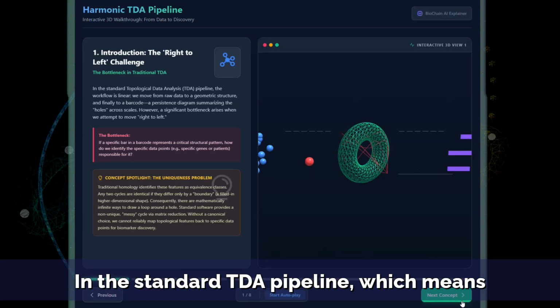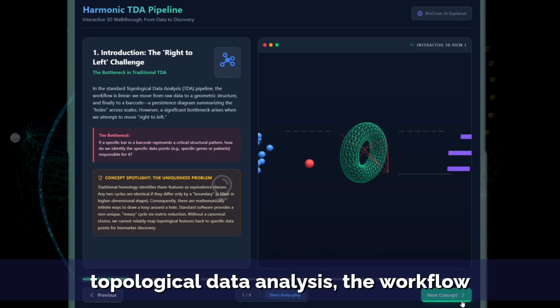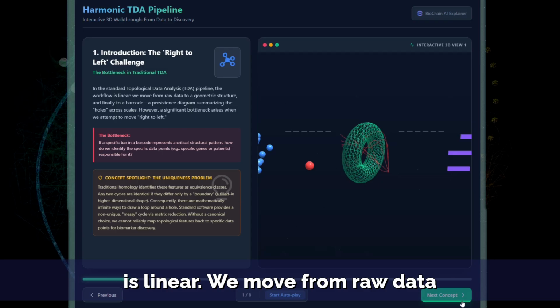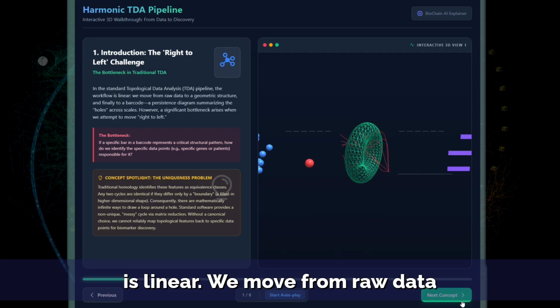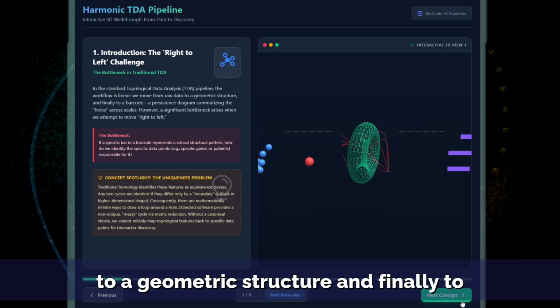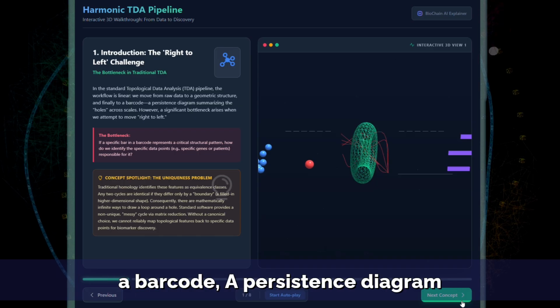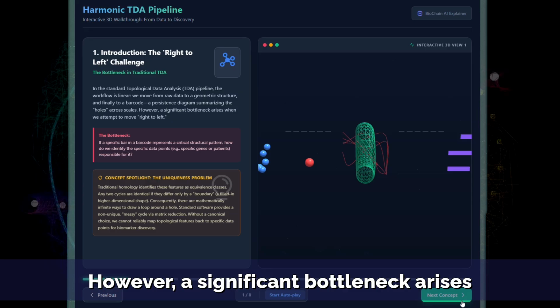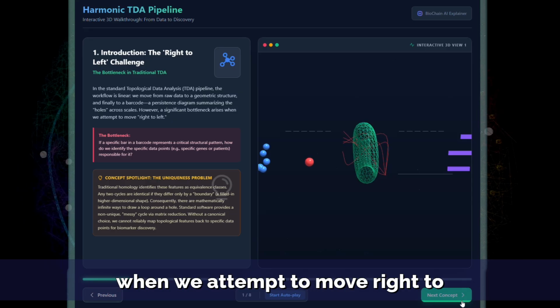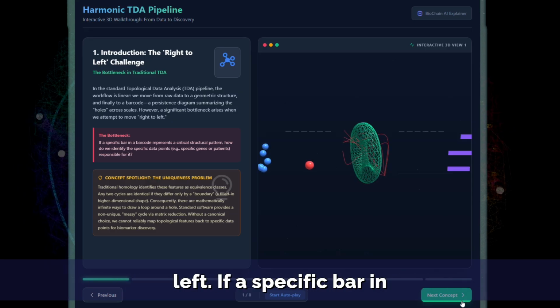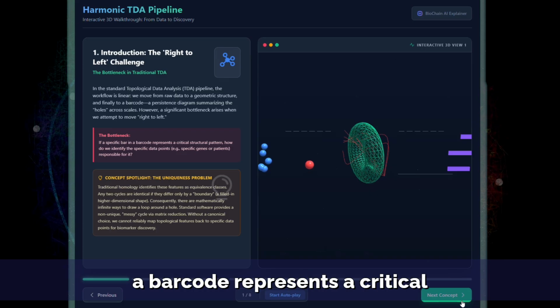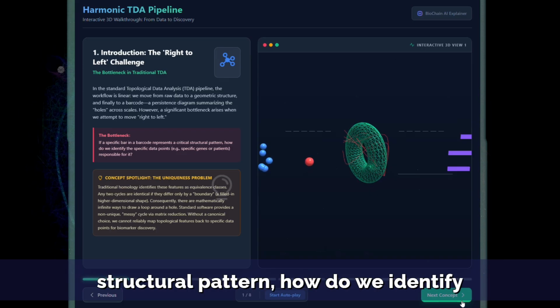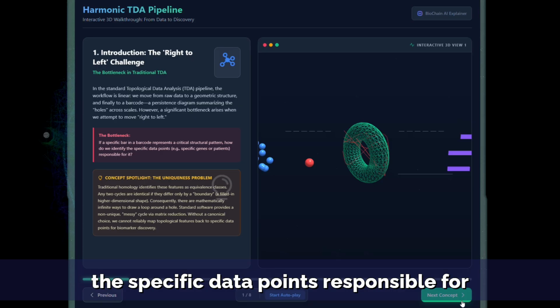In the standard TDA pipeline, which means topological data analysis, the workflow is linear. We move from raw data to a geometric structure and finally to a barcode, a persistence diagram summarizing the holes across scales. However, a significant bottleneck arises when we attempt to move right to left. If a specific bar in a barcode represents a critical structural pattern, how do we identify the specific data points